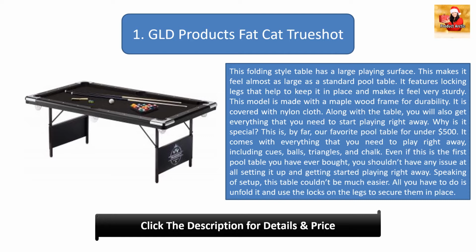Speaking of setup, this table couldn't be much easier. All you have to do is unfold it and use the locks on the legs to secure them in place. From there, you simply level the legs and get started. This setup should only take you about 15 minutes total, which is outstanding. Thanks to the leg locks and levelers, as well as the sturdy design of this table, this thing is solid as a rock. It has a large playing surface for a foldable table and should provide plenty of